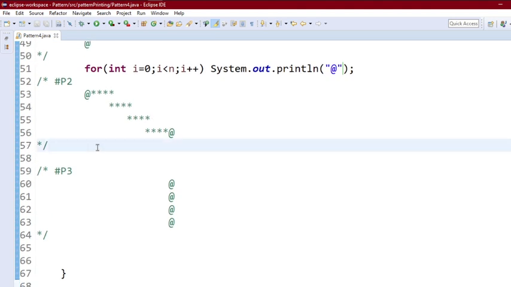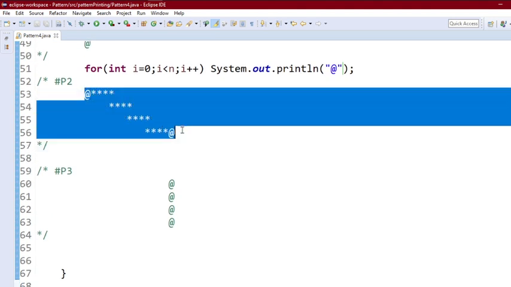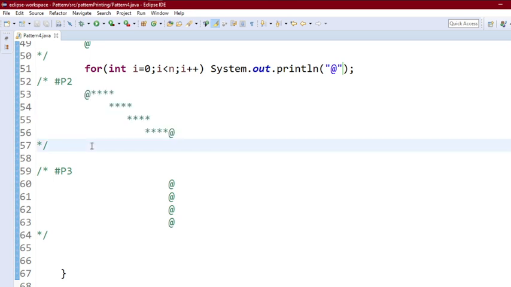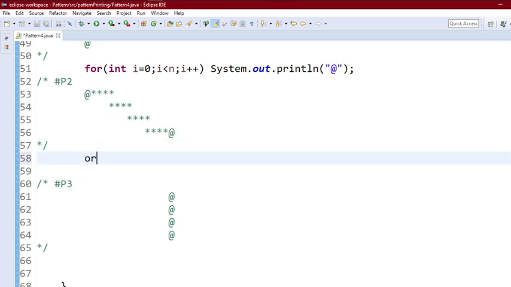Here you can see that we are printing the middle part for a total of 4 rows, that is any n number of rows. So we will start the iteration again from 0 and go up to n minus 1, and so write the code for the for loop.